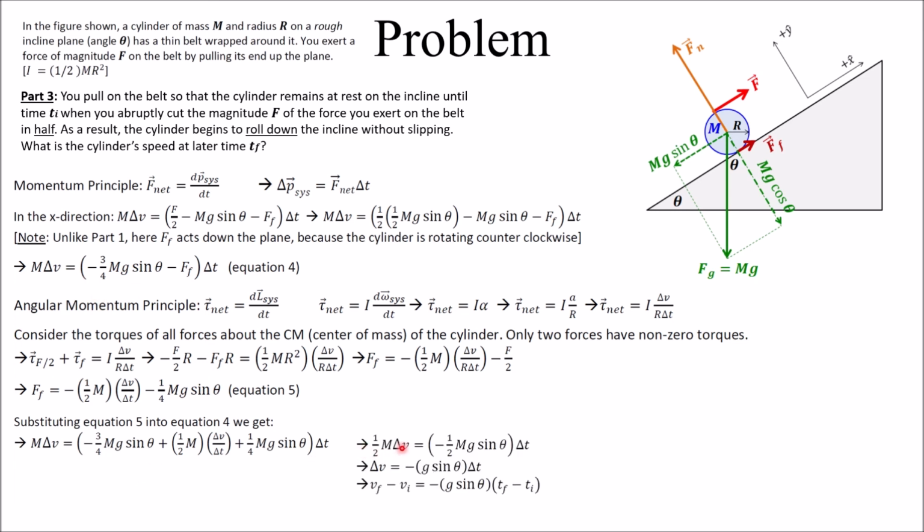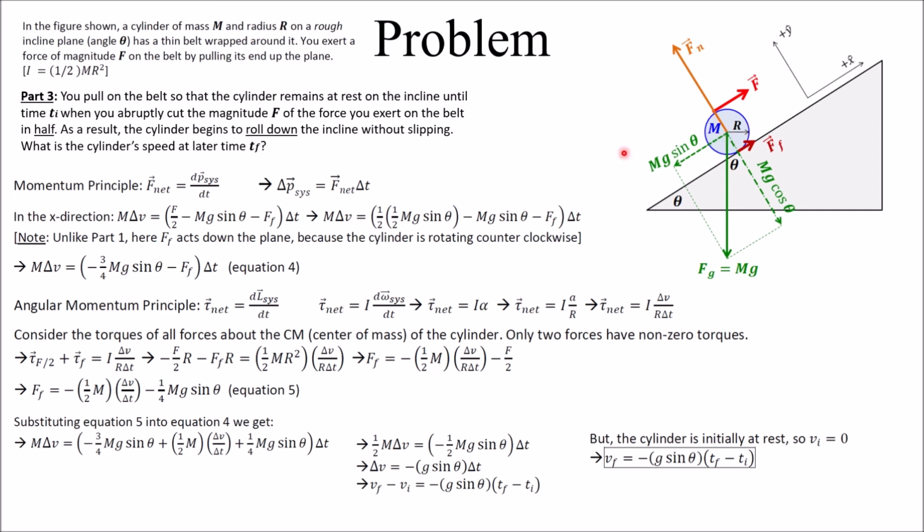Our goal is to solve for the cylinder speed at some later time tf. We are breaking this down, but we do know that the initial velocity is 0. So we can get rid of that, and the final velocity is just going to be this expression right here. That problem illustrates how we can use the momentum principle and the angular momentum principle, generate some equations, and plug one into the other. Definitely a lot of algebra going on, but we can consider the translational and rotational motion of these